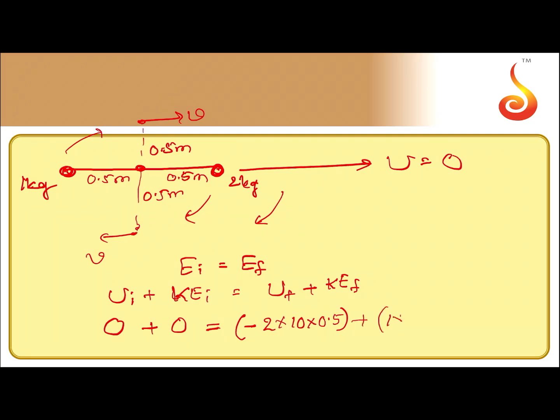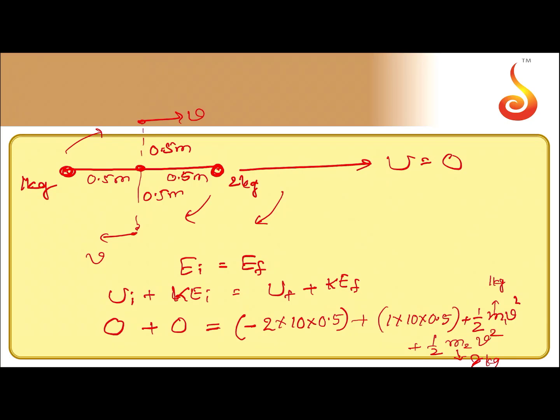Its mass is 1 into g into h plus half mv square for the first particle, and this m is 1 kg and of course velocities are same, plus half m, I will write m1 and m2. m2 is nothing but 2 kg and this